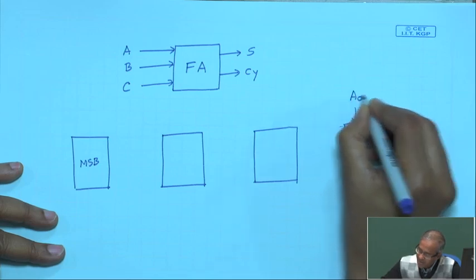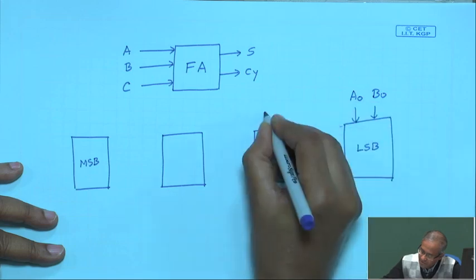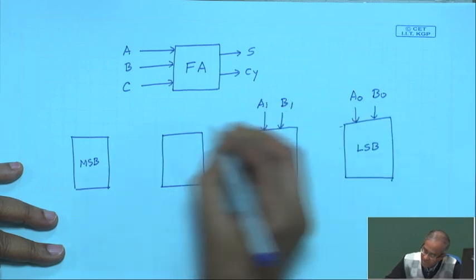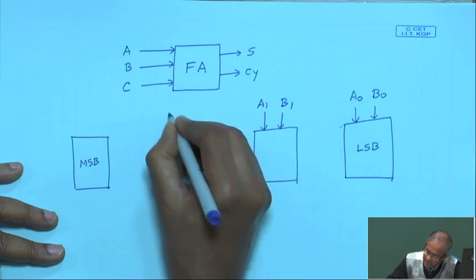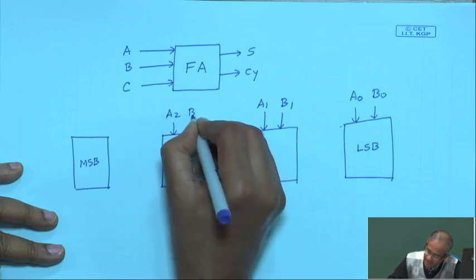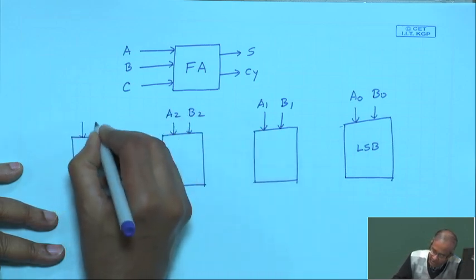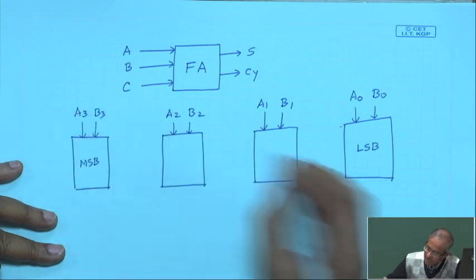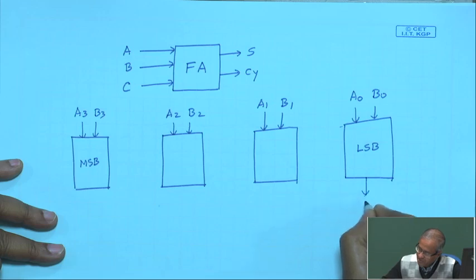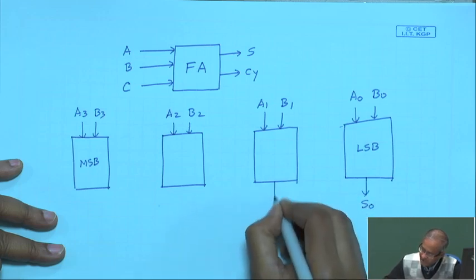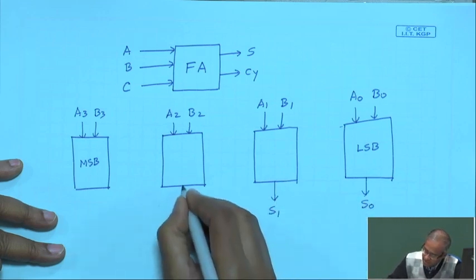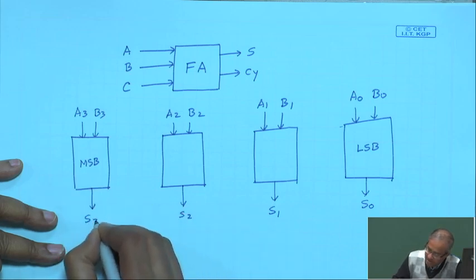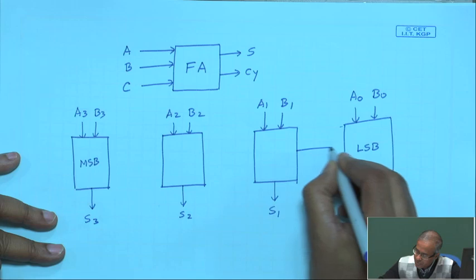my least significant bits A0 and B0 here, A1 and B1 here, A2 and B2 here, A3 and B3 here, and you get as output this sum from this side, least significant sum, then S1, S2, then S3. Now, the carry out